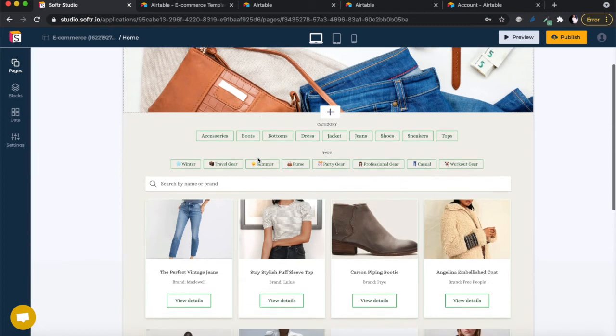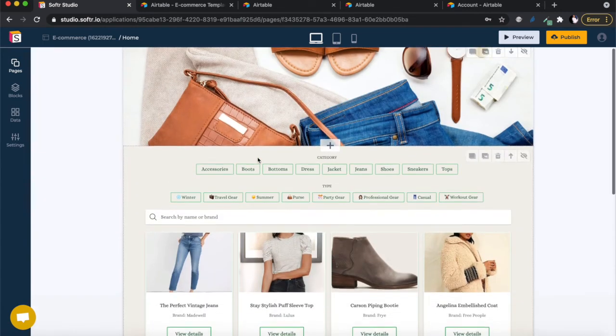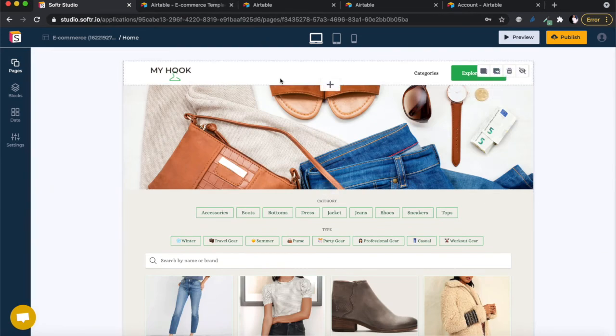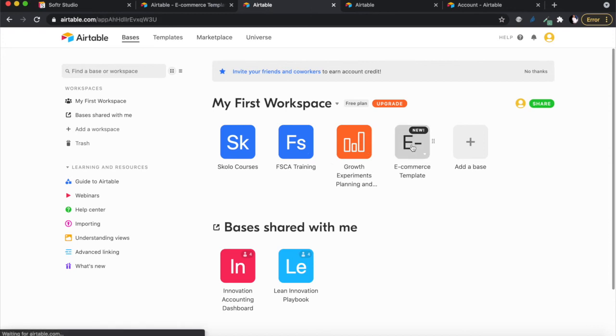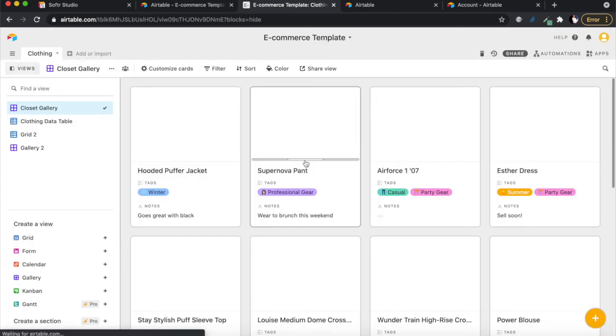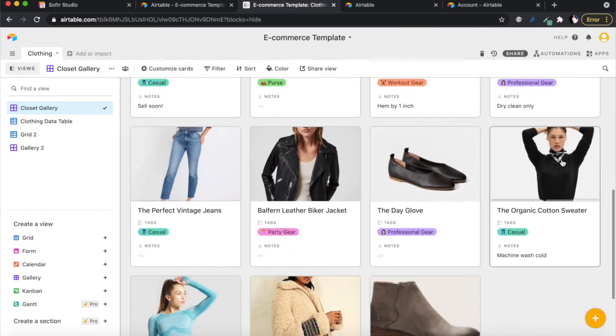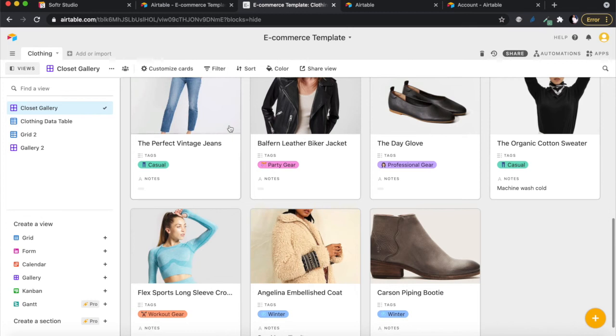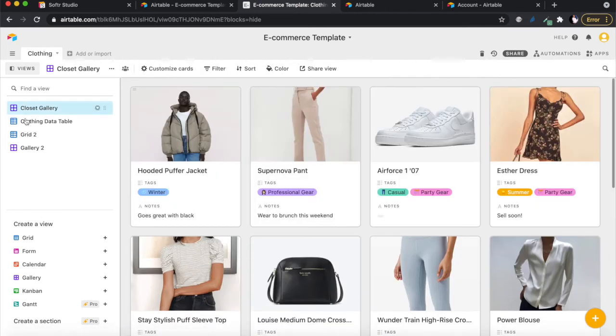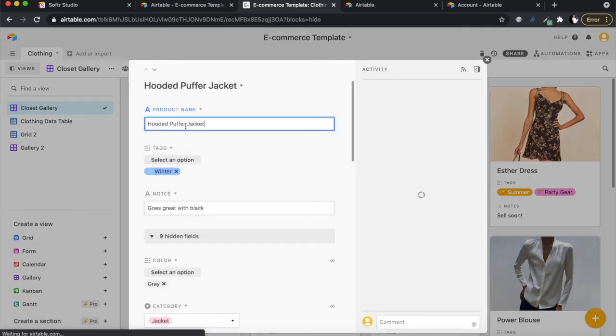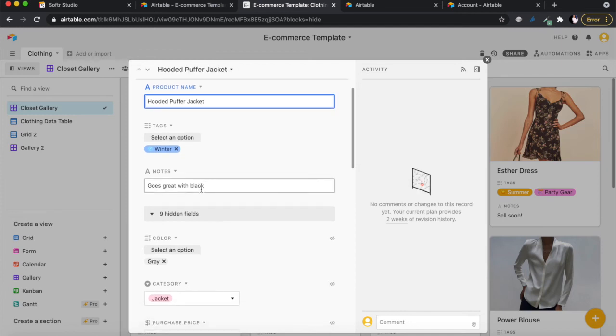So this is the website, but before I do anything over here, I just want to explore our Airtable template and what's in there and what has been included. So let's go to our Airtable. Let's click on the base that was added for us, the e-commerce. You'll see that this e-commerce base already has products and all sorts of things, and the way Airtable works, there's different views, and then you can see the data that's included, and you can click on this record, for example. You can change